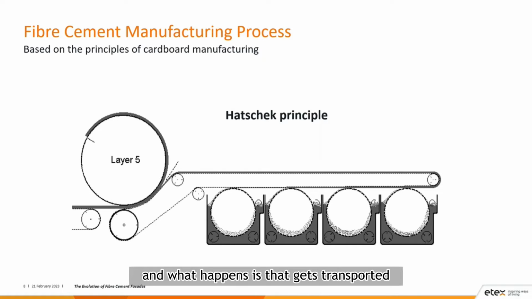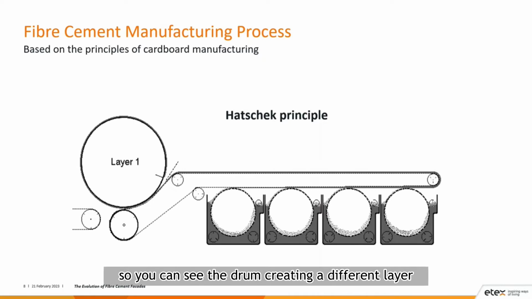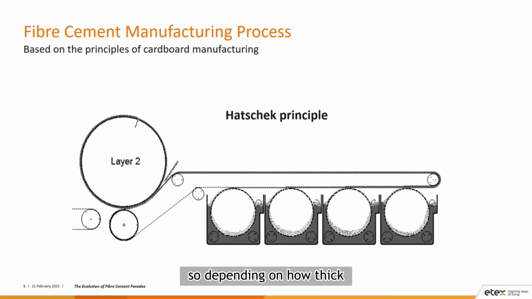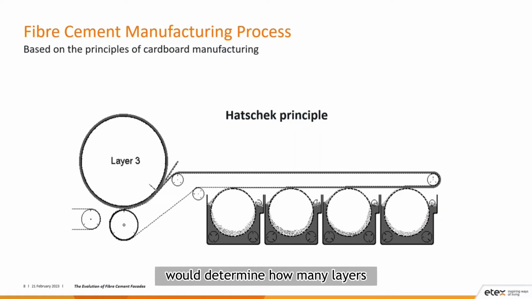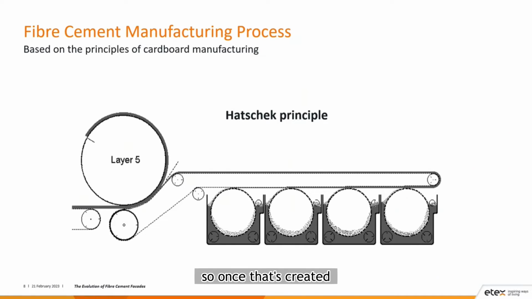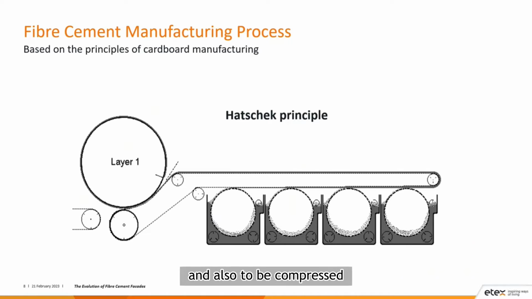And what happens is that gets transported to your drum on your left-hand side. So you can see the drum creating in different layers. Depending on how thick that fibre cement is being manufactured will determine how many layers get made up from that big drum. Once that's created, it's then cut off and then taken to cure and also to be